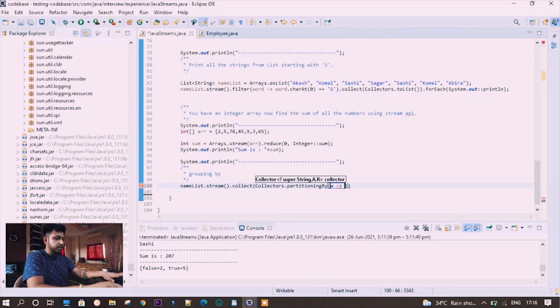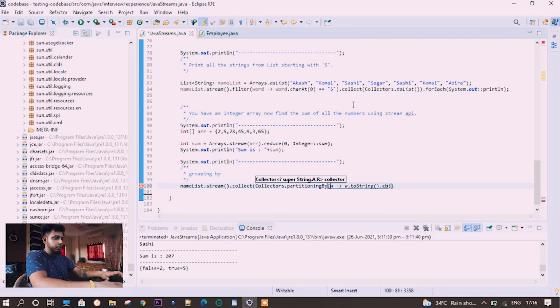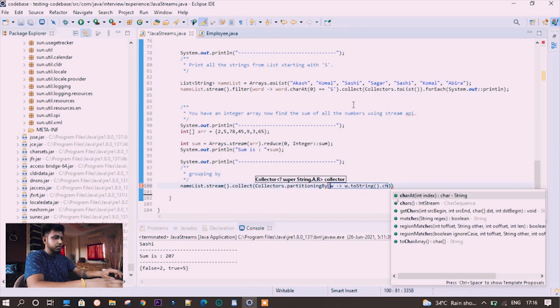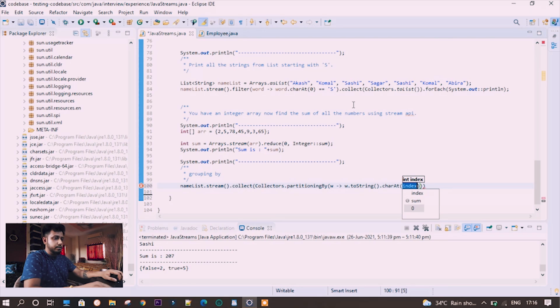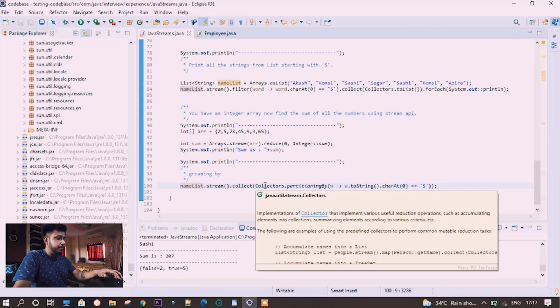Let's take w dot toString dot charAt 0 equals S. Okay, and finally, this will return one map.